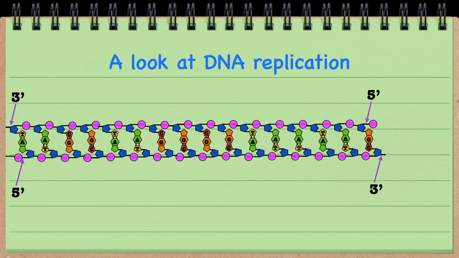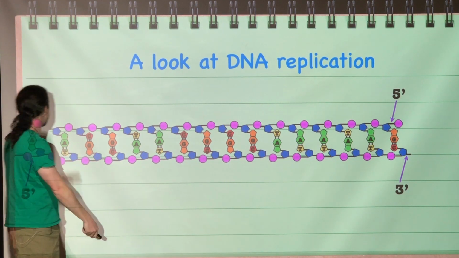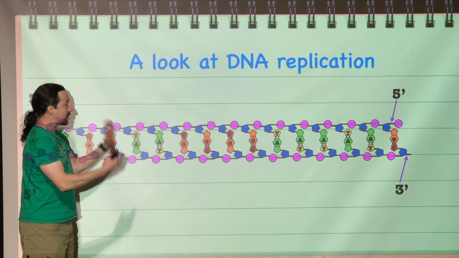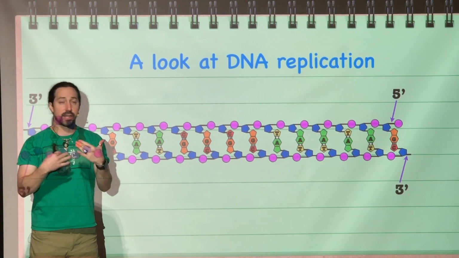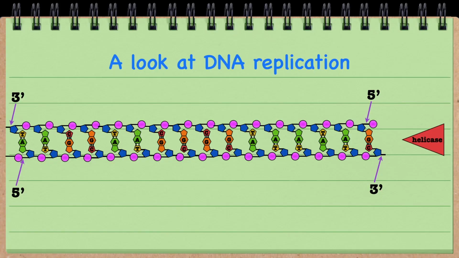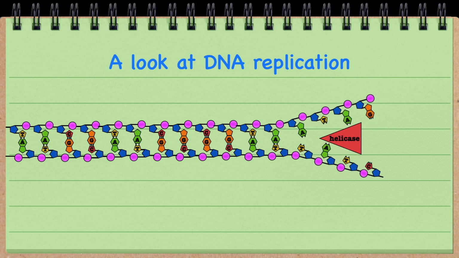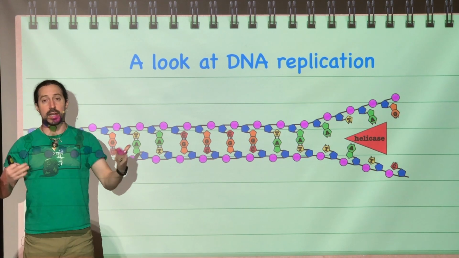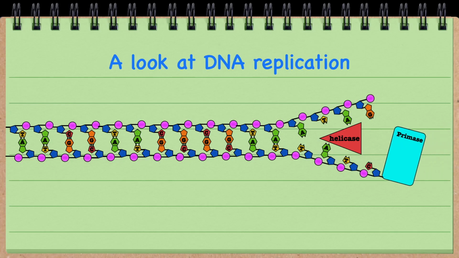If this is our strand of DNA, we have our 5' ends, we have our 3' ends. They're anti-parallel to each other, so we can look at this strand of DNA and see that we have these different directions. Helicase will come in and separate out the strands of DNA from each other, breaking those hydrogen bonds between the different nucleotide bases. As it moves through,